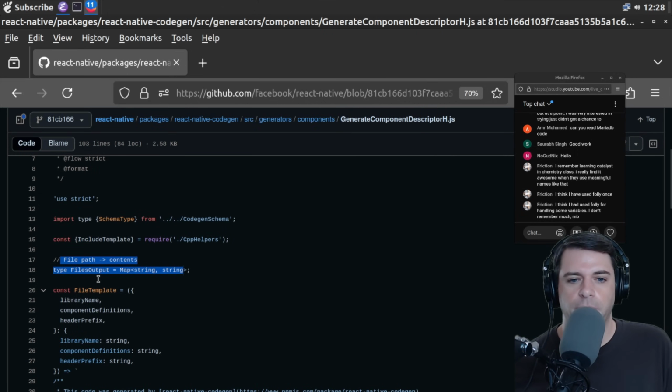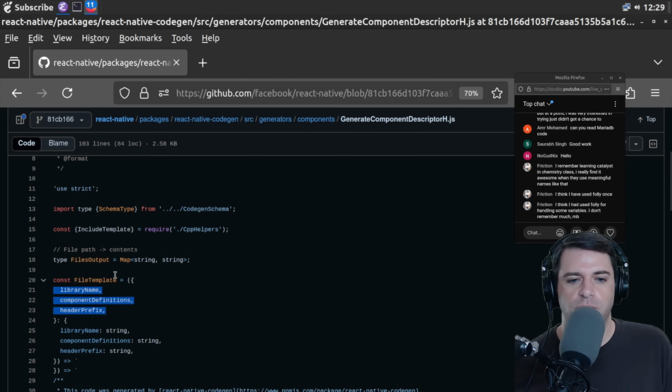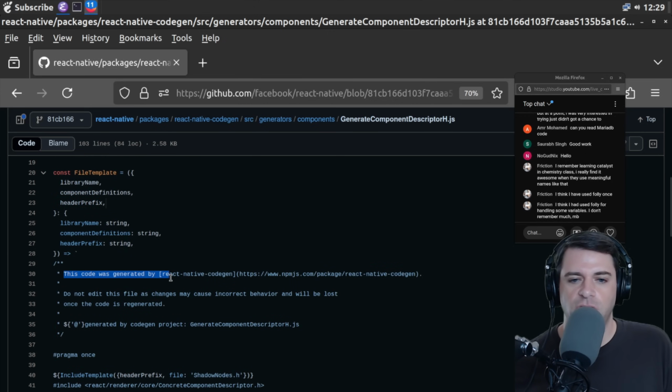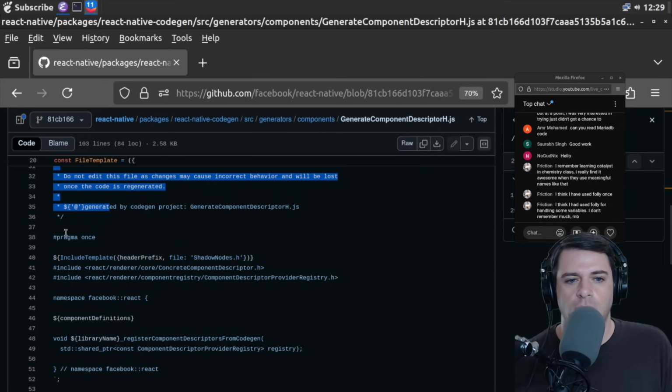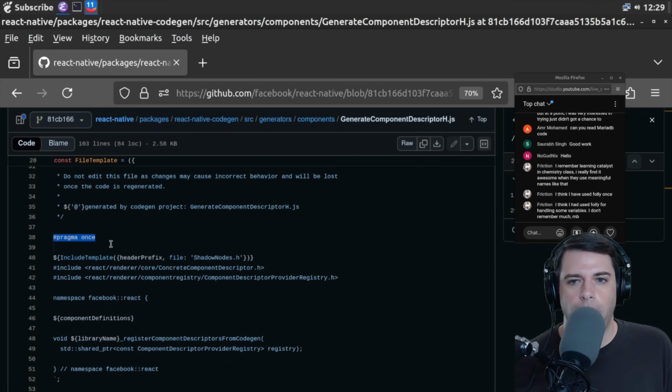So we have some sort of file template, a library name, a component definition, a header prefix. This code was generated by React Native Code Gen. Okay, so this is not a comment in the code. I think this is a literal string that we're going to output. This is going to be written to the header. And we have this pragma once thing. And we're doing it in JavaScript. I think we're just using templating. So we're going to include template header prefix file shadow nodes.h. And we're going to include the concrete component descriptor.h,